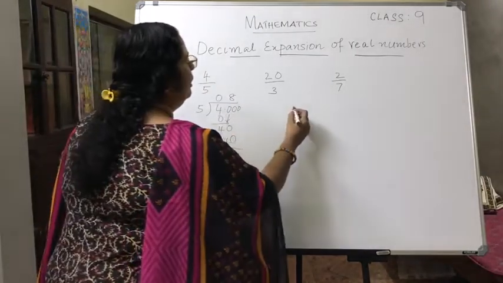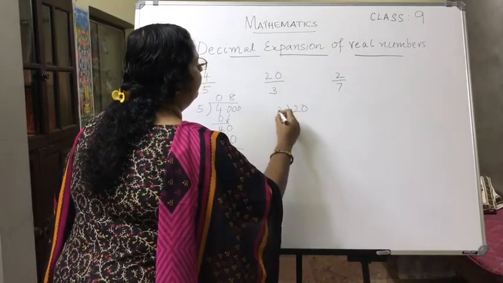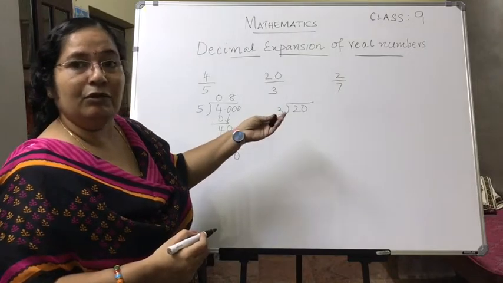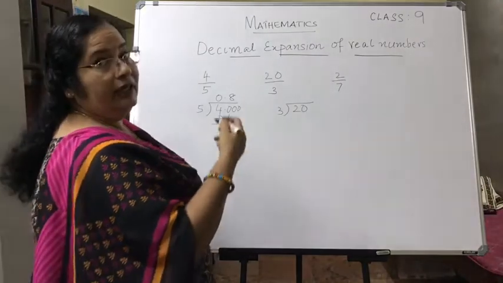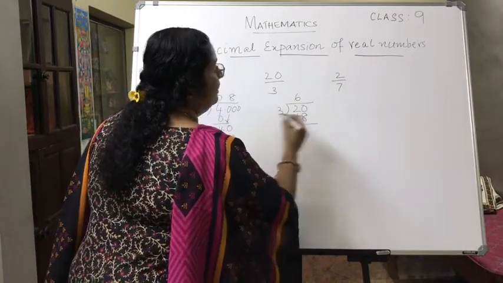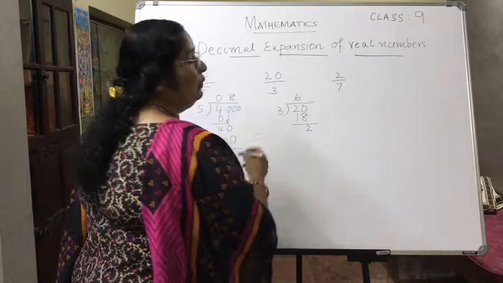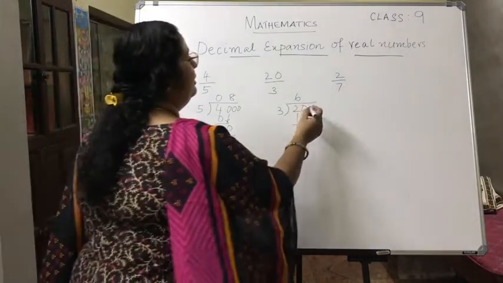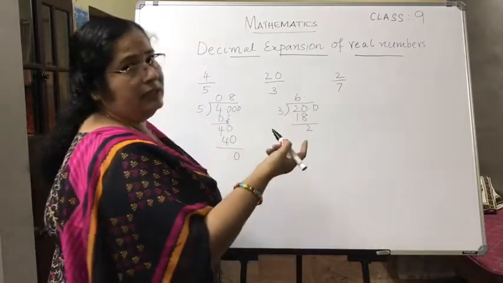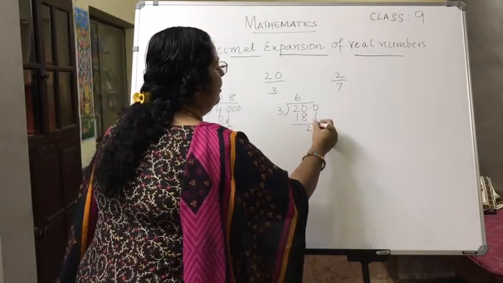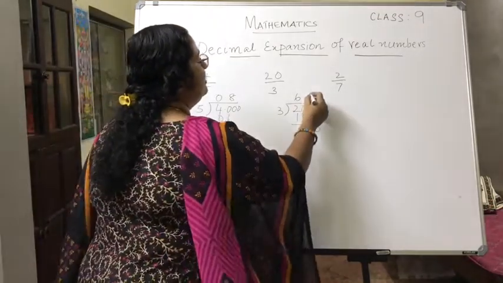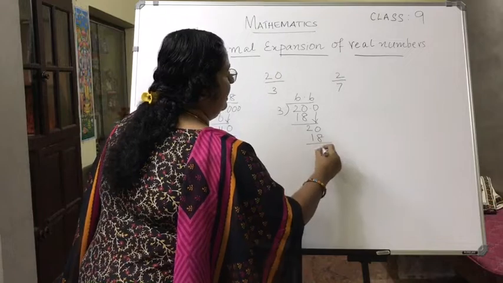Now let us go for 20 divided by 3. Now 3 is less than 20, so you can do the division there. So 3 in 20 how many times? 3 6s are 18. Balance of 2. Again what you have to do? You have to put a decimal point. Same time here also you put a decimal point. You can add the zeros. Now bring the 0 down. This is 20. Again 20. So 3 in 20 how many times? 3 6s are 18. Balance of 2.